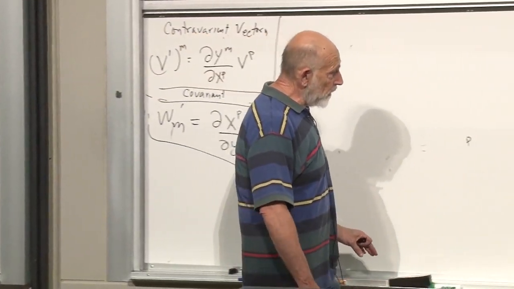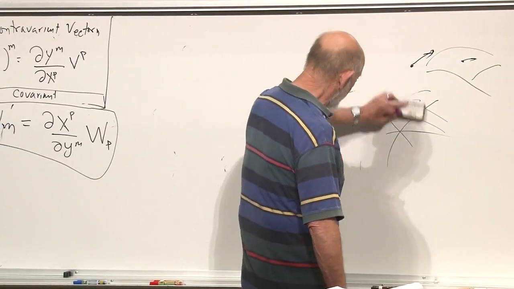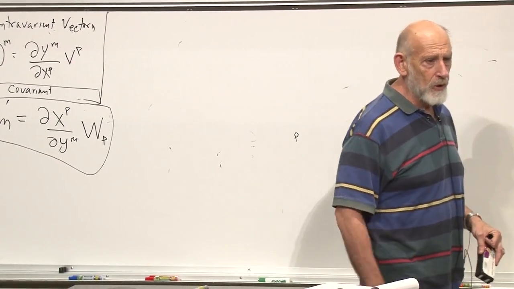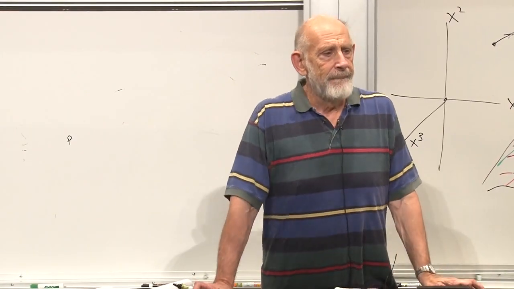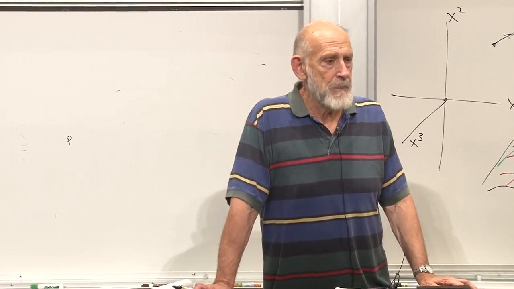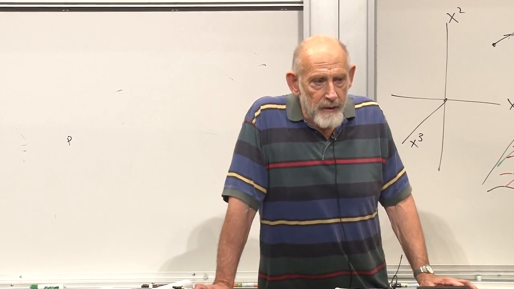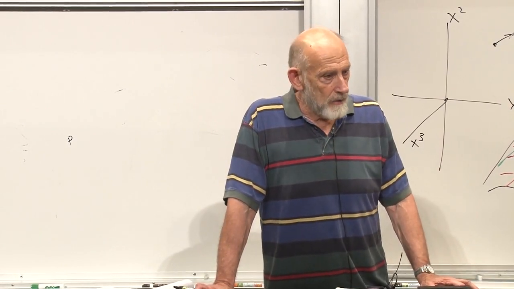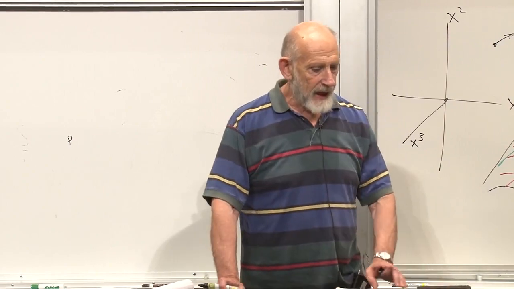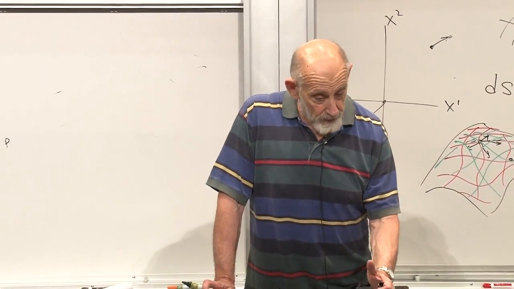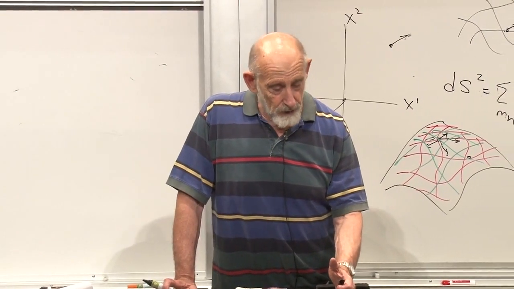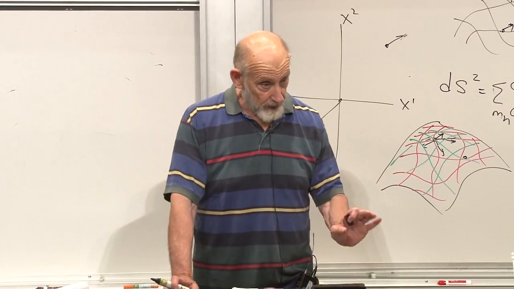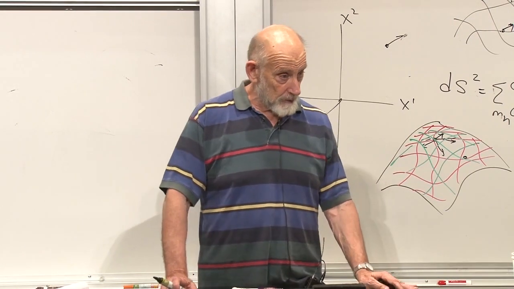Let's talk about tensors now, or more complicated kinds of objects. What's the connection with the contravariant and covariant vectors? Nothing yet. They're two different kinds of objects. Now later on, we will find ways of taking any covariant object or any contravariant object and constructing from it a covariant object in a kind of one-to-one correspondence. Okay, that's later. But for the moment, they're just different kinds of objects.